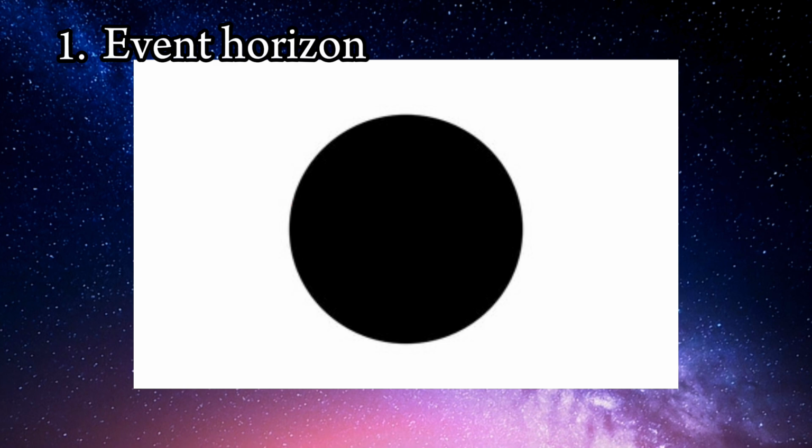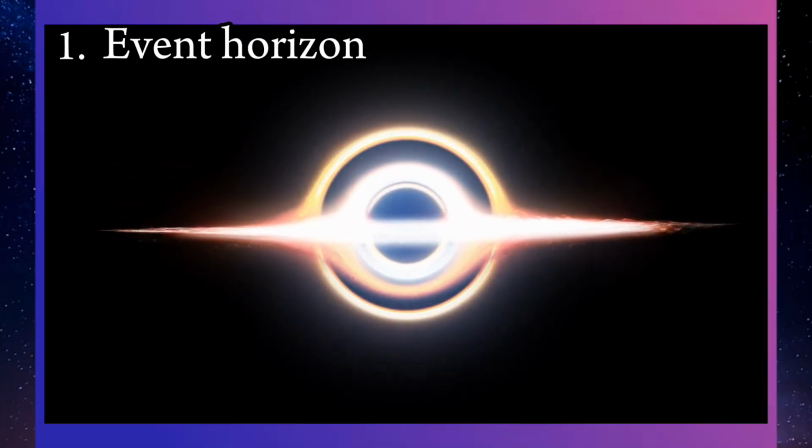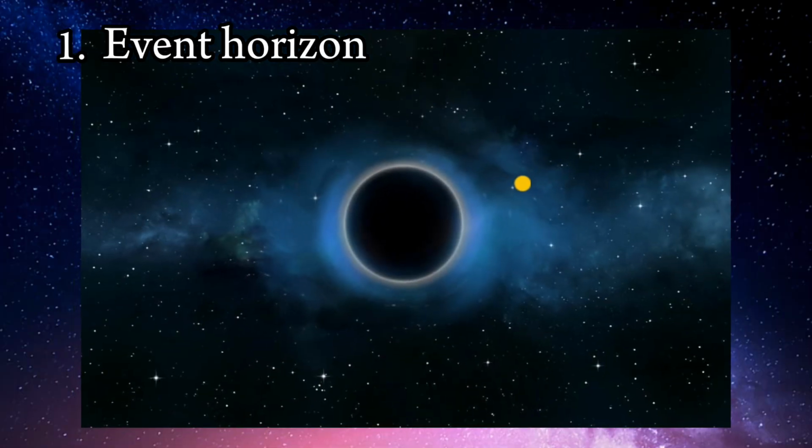The event horizon is not a physical boundary but a mathematical concept, marking the point where the escape velocity exceeds the speed of light. It's the point of no return, where the black hole's gravity takes control. Any matter or radiation that crosses the event horizon is inevitably pulled towards the singularity, where it is consumed and added to the black hole's mass.